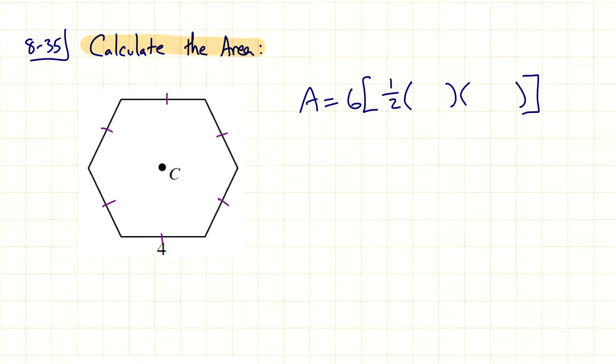All I have to do is figure out the base and height of this triangle. All right, so what's the triangle I'm looking at? Well, let's draw it in. So from the center to the vertex, right? Now there's a total of 6 triangles. We don't have to draw in all of them, but if you want to, you can. I just like to draw one in so I could focus on one at a time, since we don't really need to see the rest of them. But what we do need to know